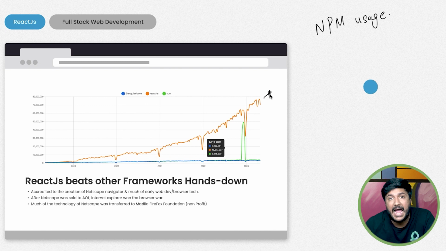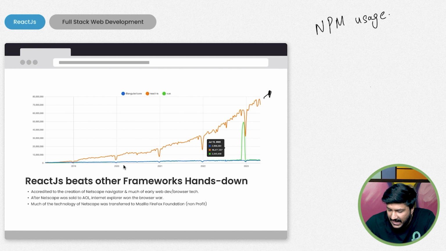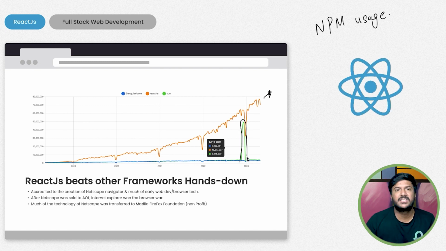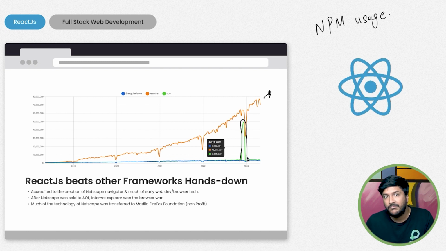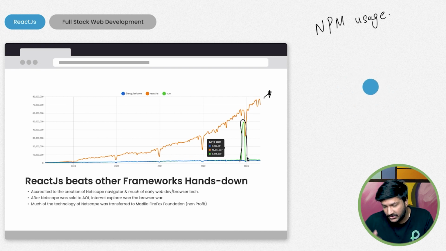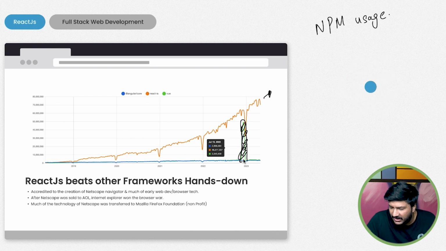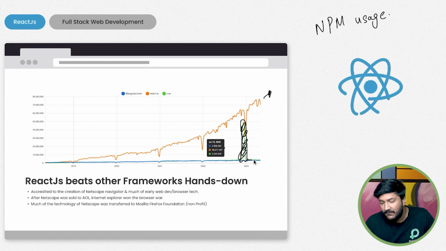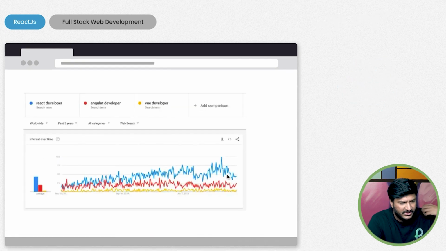If you look at these npm usages from the last 5 years, this is the graph of React, the orange one. And if you look at Angular, this is really low, the blue one. And Vue.js is also kind of overlapping with Angular. Here they had a huge spike, which I researched. It was because they stopped supporting the previous version, so everybody who was using Vue had to npm install everything again. So you had a spike during this particular period. But more or less, you can ignore this spike and see that the trend for other frameworks is not so good. And you can ignore the other text which I copy pasted from here.